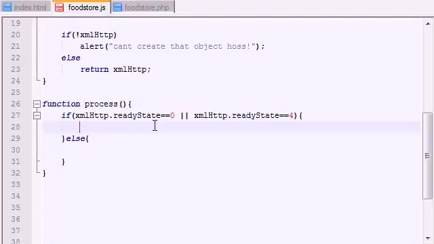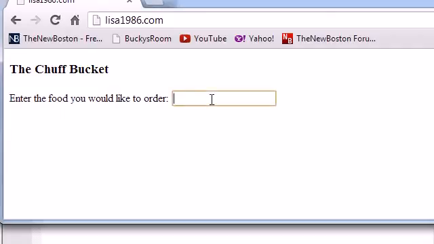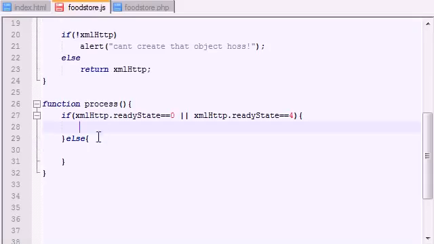Alright, so what do we want to do if our object is ready to go? Well, the first thing we need to do is get whatever the user typed in here. So if they type like cheese, we want to go ahead and get the value of cheese. So how do we do that? Well, in JavaScript, you create a variable, and we'll just call this food, and set this equal to encodeURIComponent, and I guess the easiest way to do this is this